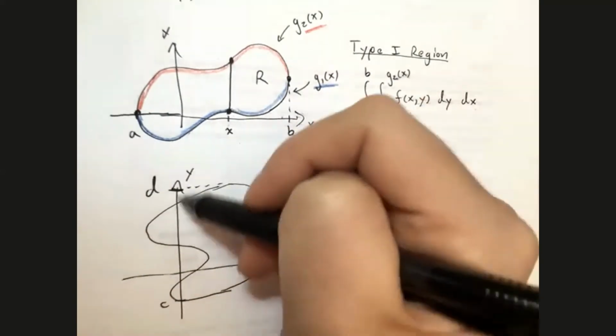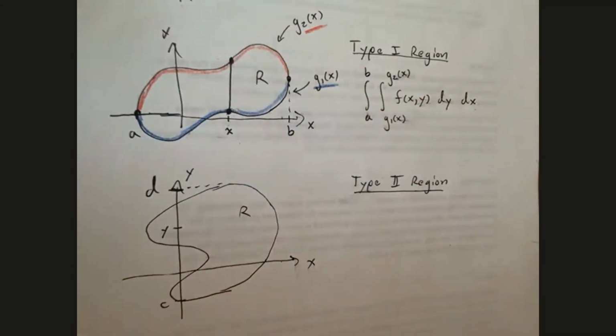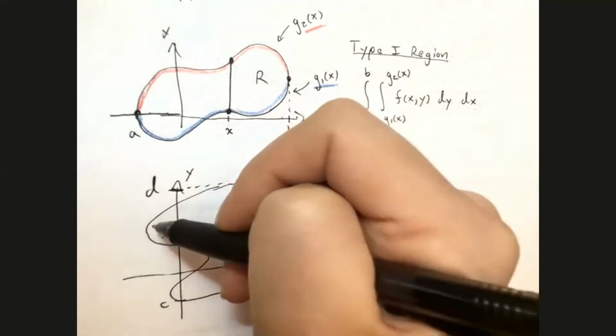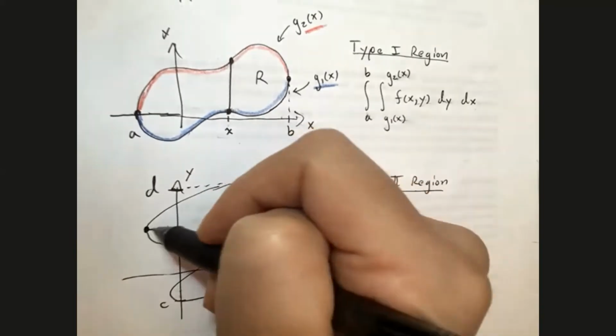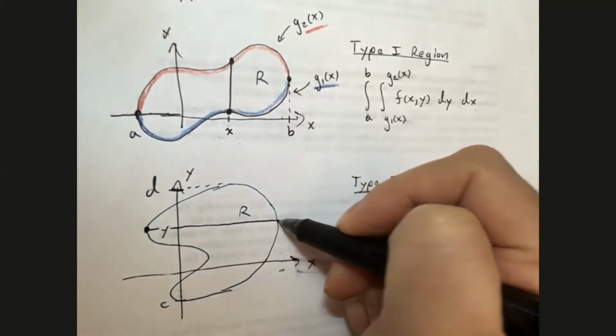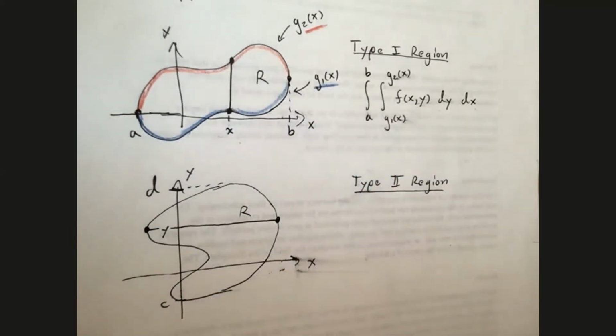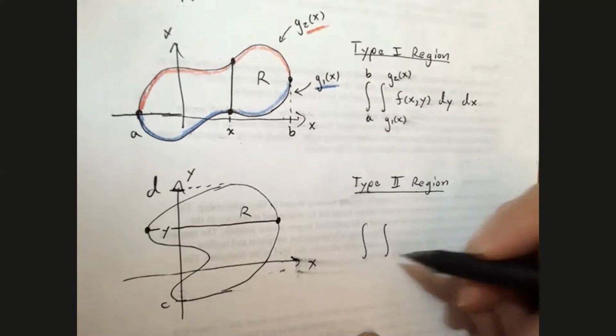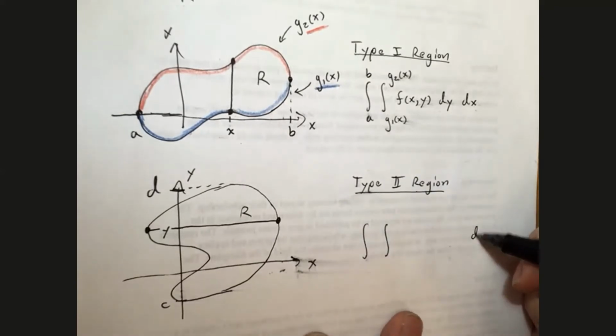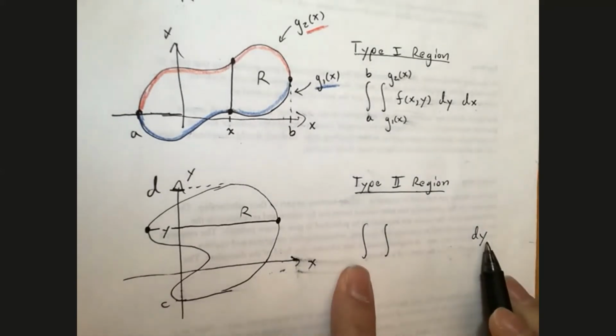And for each y that I pick in here, well, x is going to span an interval, right? So x is going to go from here to here. Okay. So here it's the case that for each fixed y, I'm going to integrate with respect to x. So what that means is that in my double integral, dy is going to be on the outside. So for y going from c to d,